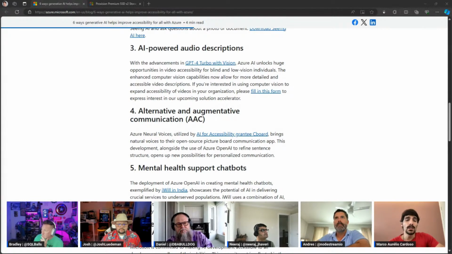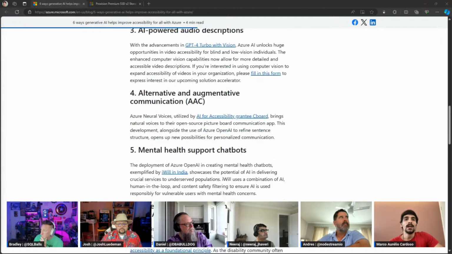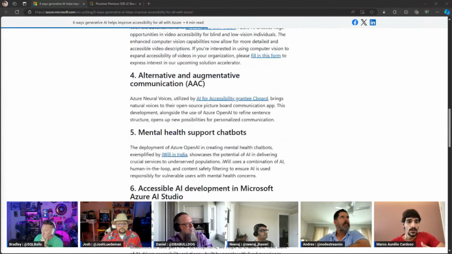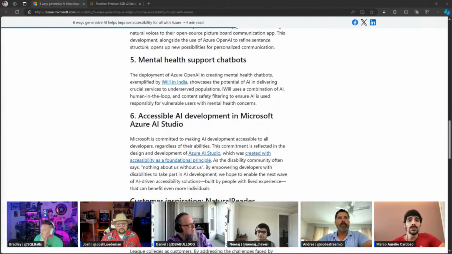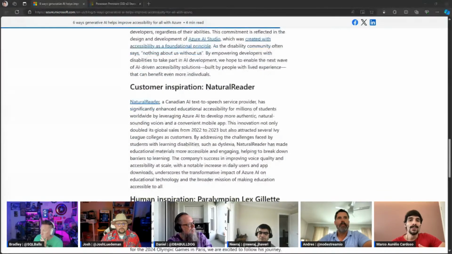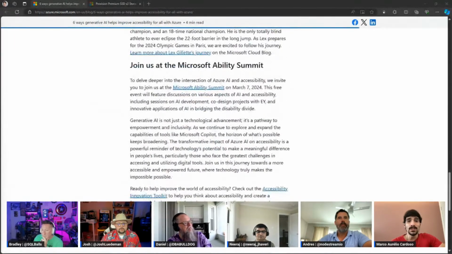accessibility. So it talks about Copilot, of course, the all-in-one personalization tool. It talks about things like audio and vision, which are really useful to help increase productivity when we're dealing with people with disabilities. It talks about mental health, and it brings some really interesting examples towards the end of customers and other inspirations for this effort. So really interesting stuff. I'm certainly going to read more into this. It's a topic that's really interesting to me, and I'm sure a lot of you will find it interesting as well.